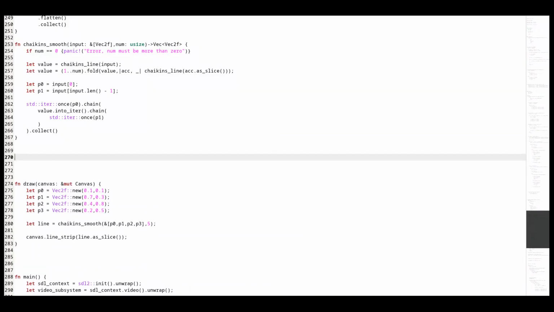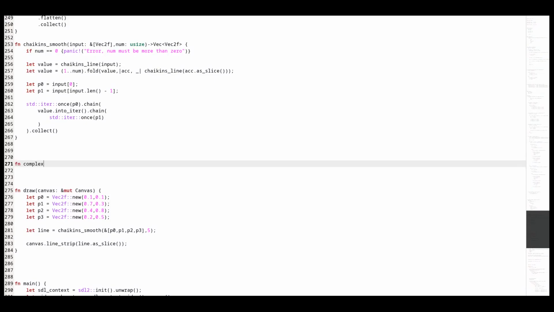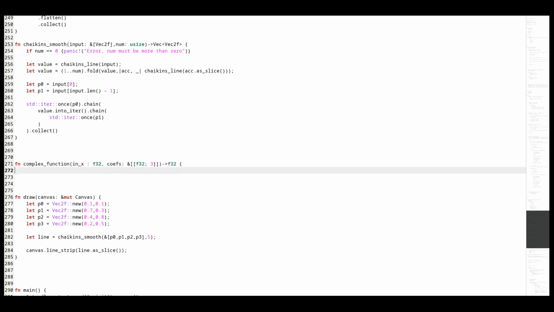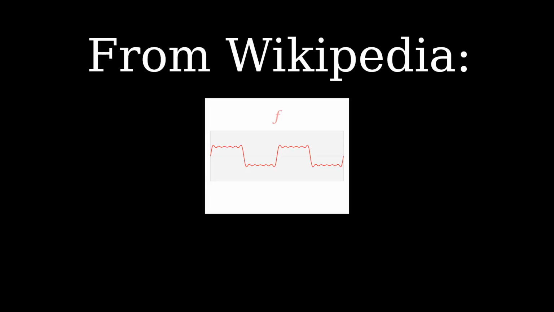Let's now create a function to generate sinusoidal shapes. Did you know that by combining sinusoidal functions with different coefficients we can get a great variety of shapes? This is what the Fourier transform topic is about.